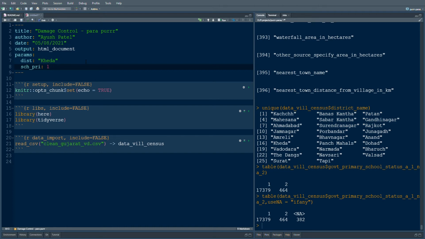So now what I want to do is I want to write the number of rows for district Kheda. So let's start with a header, analysis for params$dist, Kheda district. That is our goal, and let's just see